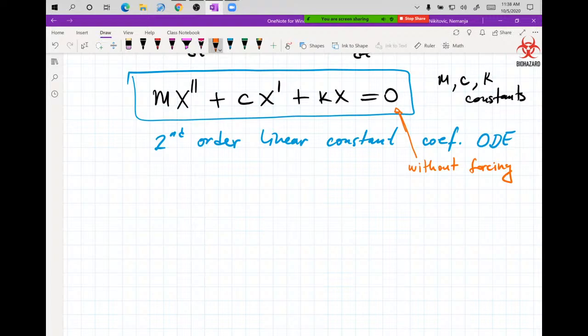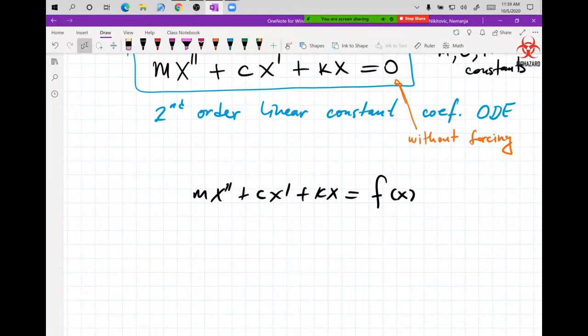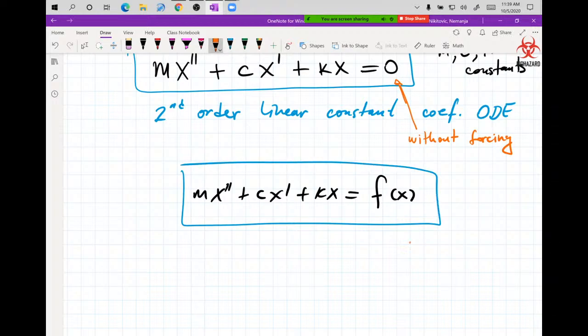But if you are going to have something pushing the mass, let me give you immediately an example of that so you understand why this other equation, mx double prime plus cx prime plus kx equals f of x, how this gets to play the role. So this is going to be this one, but now I'm going to say with forcing,